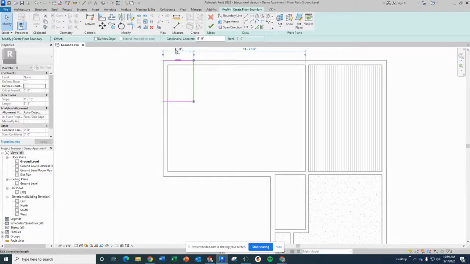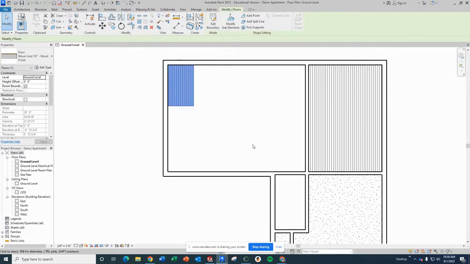I'm going to make it at least 4 feet wide. If I click on this one down here, I'm going to make this at 6 foot. So 4 foot by 6 foot, and I'm going to accept that. The last thing I'm going to do is fill this area in with carpet. So this one is a little tricky. It's nice though, the ones that are trickier, that you have all these other endpoints and lines there to use